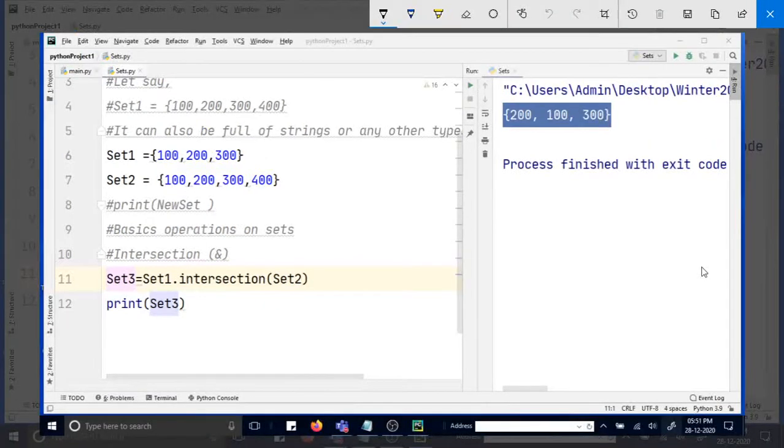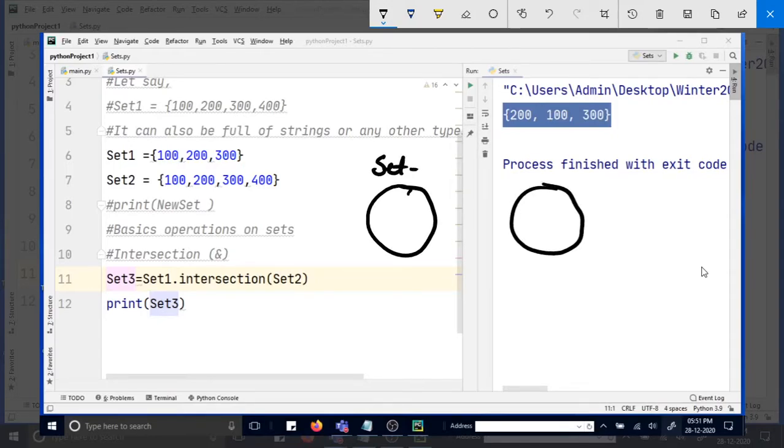So basically what happens, intersection, you have a set. So here it is 100, 200 and 300, right? And here it is 100, 200, 300 and 400.